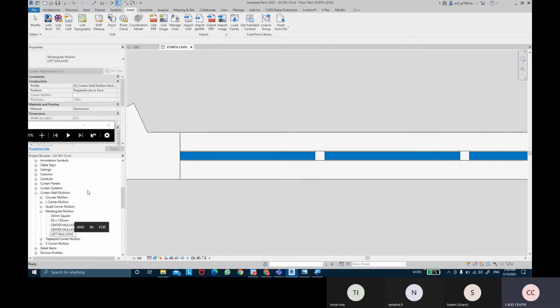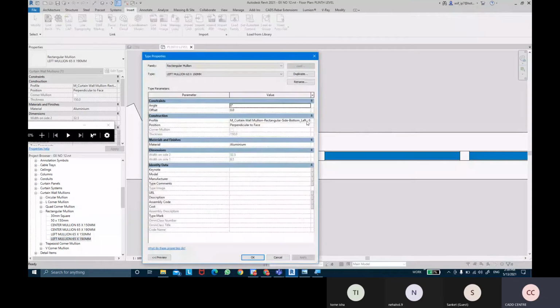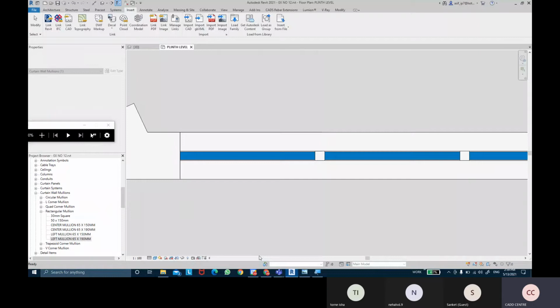Call this left mullion 65 by 150 mm. Once again, we can duplicate this left mullion 65 by 190 as well. To change the profile, simply right click, come into the type properties and change the profile to the left mullion 65 by 190. Then you can click on OK.